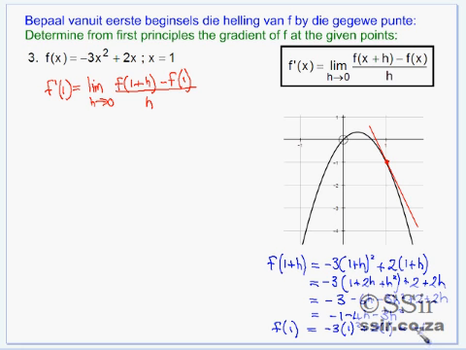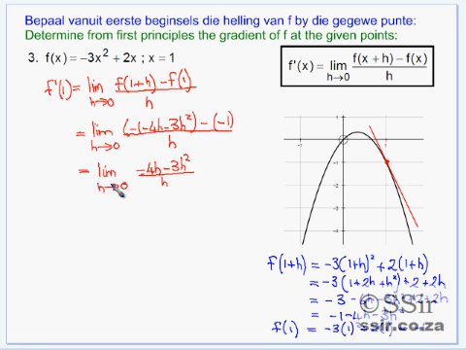Now we go back to our limit formula. Instead of f of 1 plus h, we put minus 1 minus 4h minus 3h squared, and subtract f of 1, which we've calculated as minus 1. And all of this over h, and this simplifies to the limit where h approaches 0 of minus 4h minus 3h squared over h. If at this point I simplify this limit by replacing h with the value of 0, then above the line I get 0 minus 0 over 0, and this is a limit in the form 0